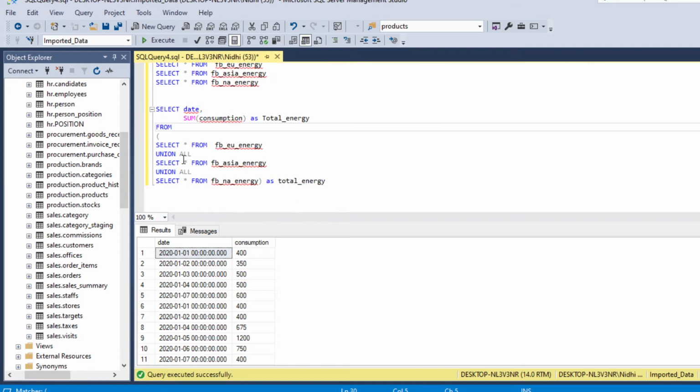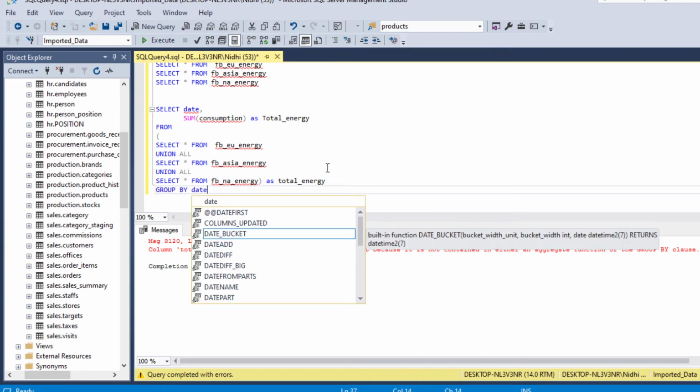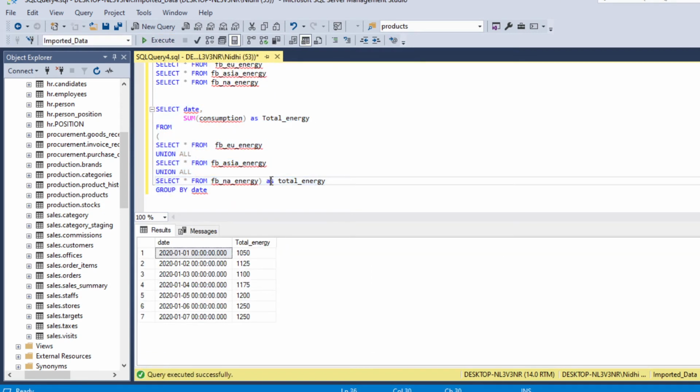First we will run this code. Okay, we need to apply group by as well. So group by date.